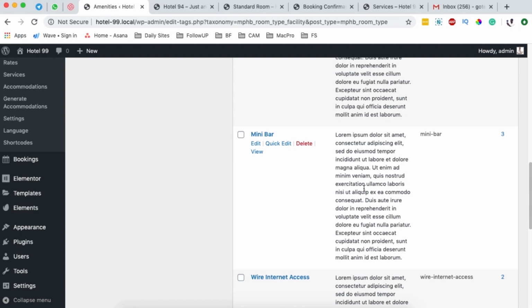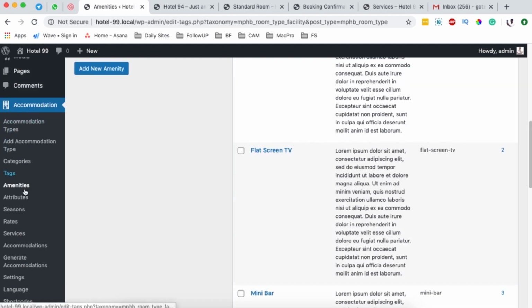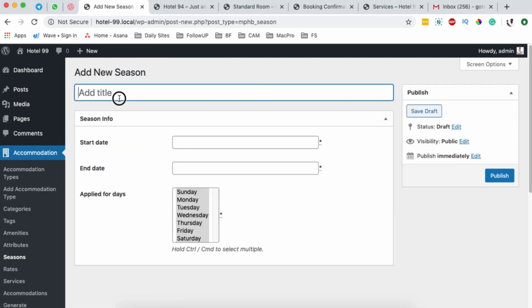Now we are going to create the seasons. So we are going to simply come back here to accommodations and then seasons. Seasons will help us determine how we will price the different phases of our business here. For example, we may have a winter season, summer season, and a flat all year round season. For example, I'll say add a new season, and I'll say all year round,